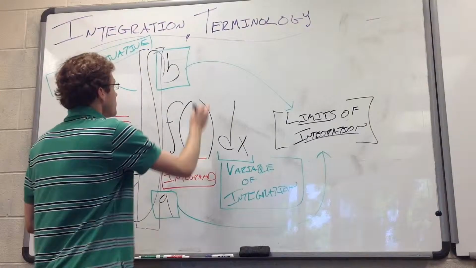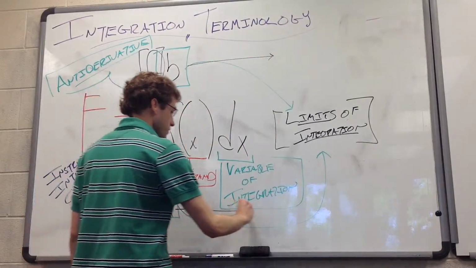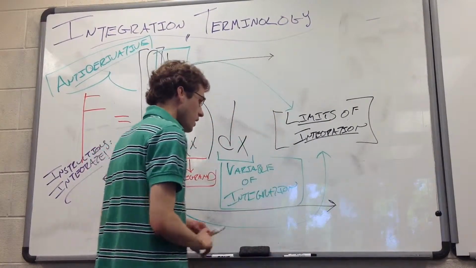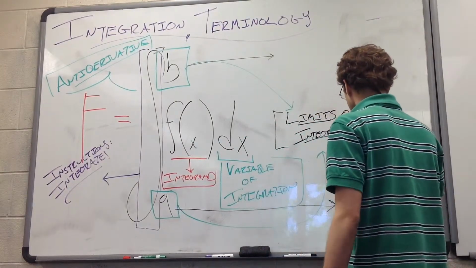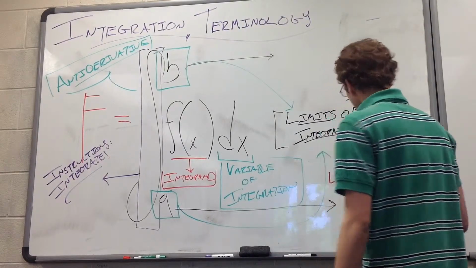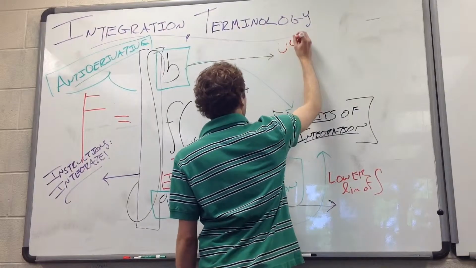This guy right here on the top and this guy right here on the bottom have different names, only slightly, and I promise you they're not confusing. On the bottom, this is our lower limit of integration. And on the top, you can probably guess, this is our upper